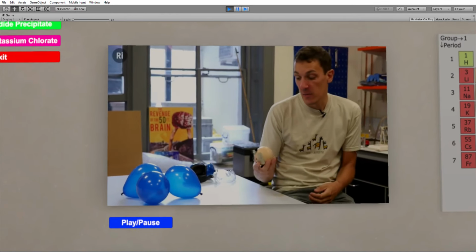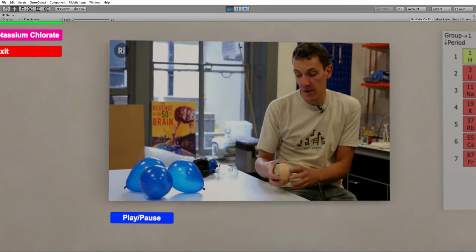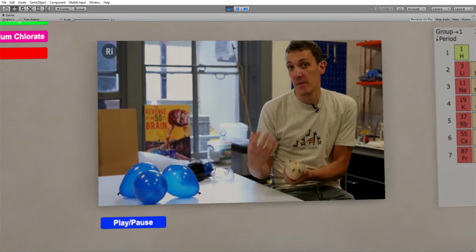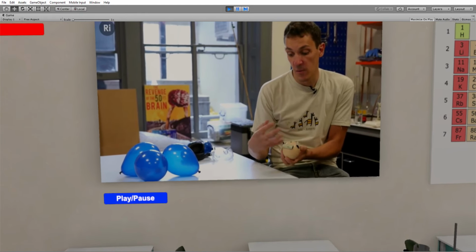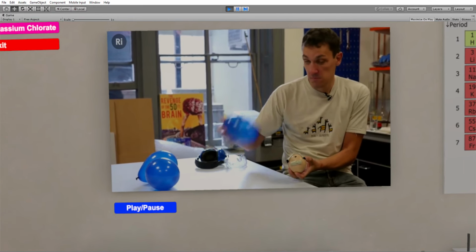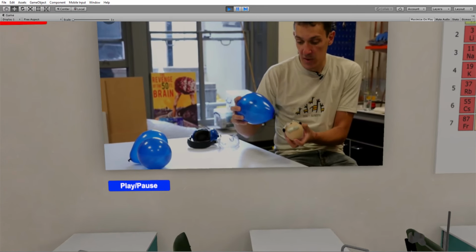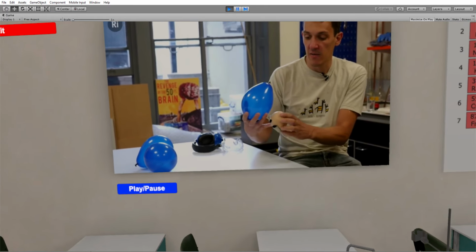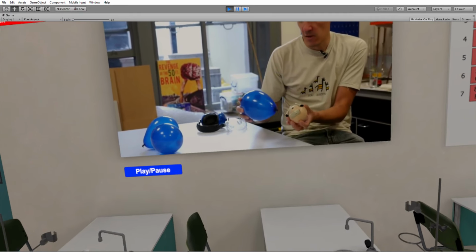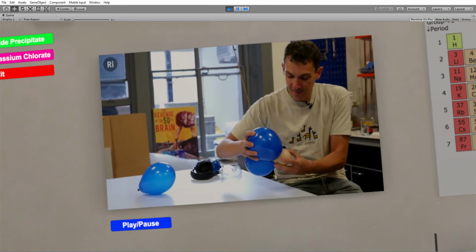Now the reason this compound is so unstable is all down to how it's put together. Now it's nitrogen triiodide, so we have a nitrogen atom, and this is a trivalent atom. That means it likes to form 3 bonds with other atoms. So when we bring it together with iodine, it forms bonds with 3 iodine atoms, and they all go on this side of the nitrogen atom because of the way that the nitrogen's electrons are arranged. So, the iodines all go on over here,